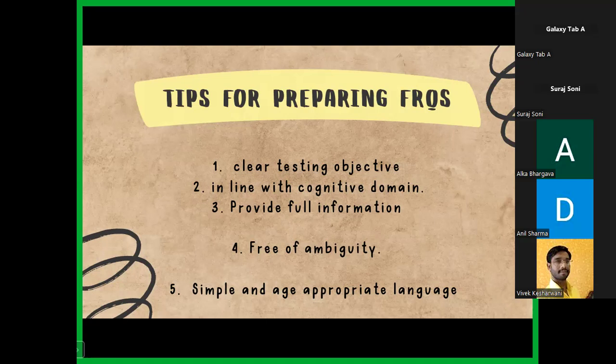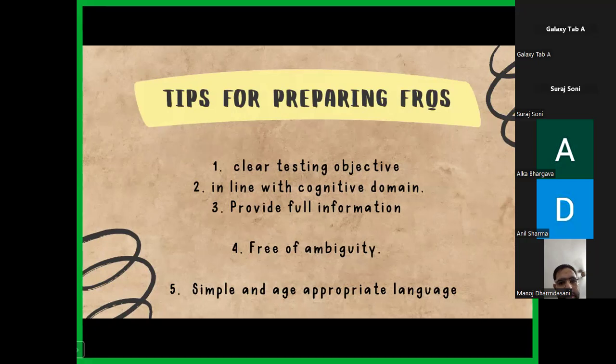Now, these normally are, like what we have seen, either very short answer type questions or short answer type questions or long answer type questions. So all these are FRQs. Important thing to note here is that fill in the blanks, if asked with given choices, will be treated as MCQ. But fill in the blanks without giving options will be treated as an FRQ. So fill in the blanks can be used either way. It can be an MCQ if options are given, or it can be an FRQ if no options are given.